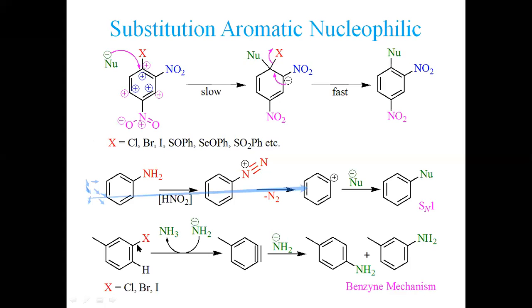So you see in this case, this X group is replaced by nitrogen. Truly, X is substituted, but we are getting another additional product in this case. So this is a nucleophilic aromatic substitution in fact, which is very rare but does happen. So if you have any questions,